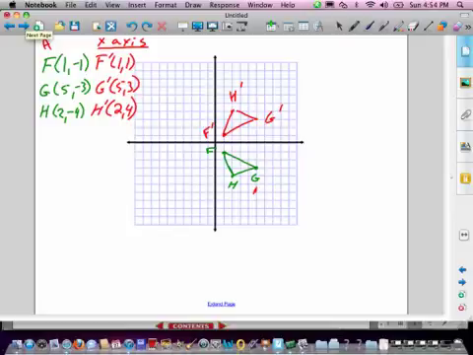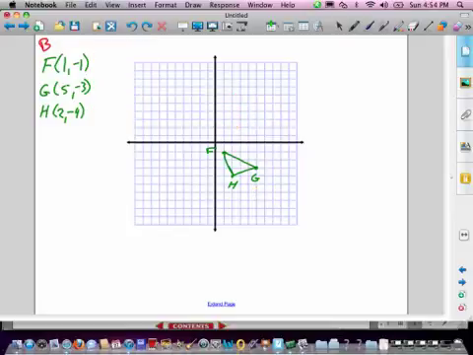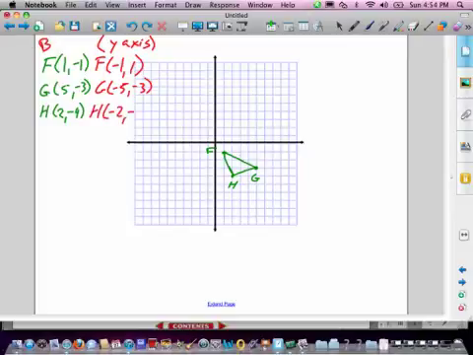That's over the x-axis. If we want to do it over the y-axis, then we're going to be changing the x's. So it's going to be -1, 1. G is going to be -5, -3. And H is going to be -2, -4. So we can plot those points. -1, 1. -5,